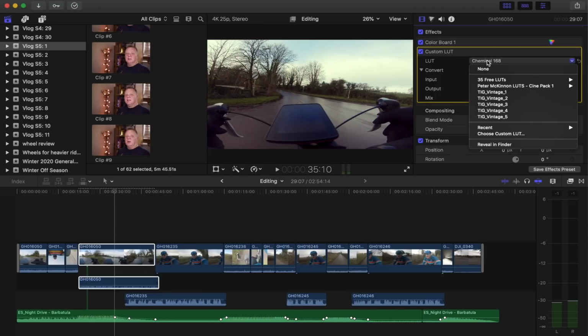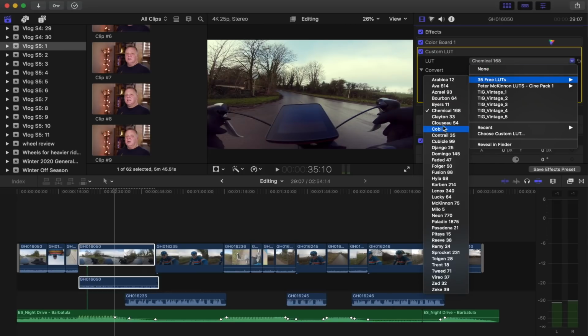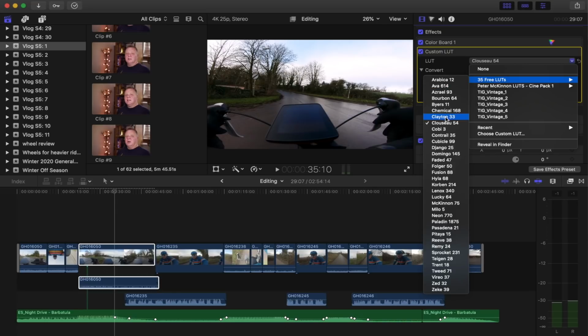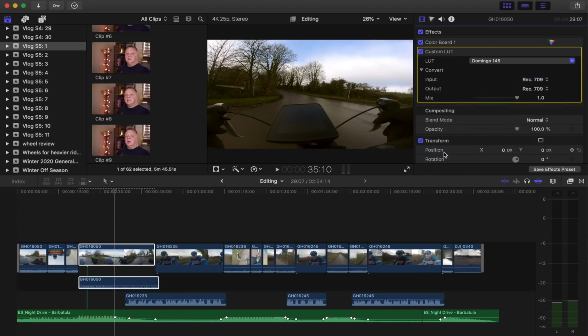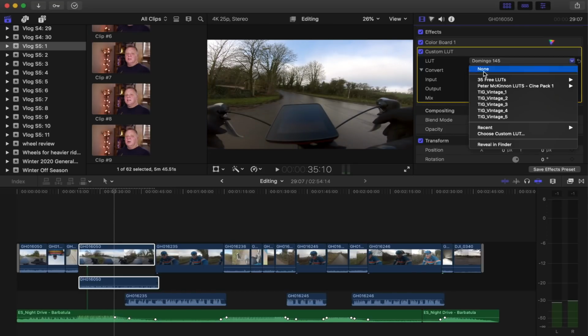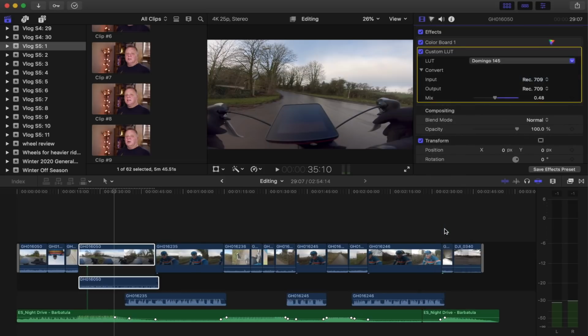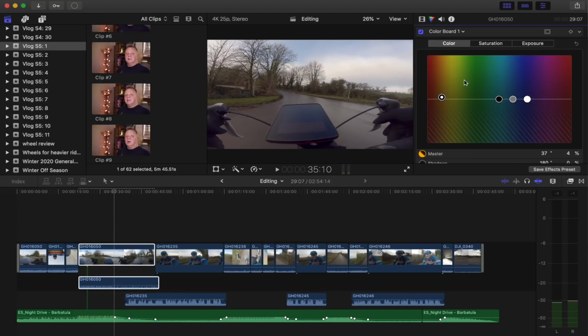Oh no, that's not the right one for this. It's just a question of experimenting and seeing which one works best. Just try Domingo. No. And you can also vary the intensity of them. Let's try another one. Pasadena is usually pretty good. That's not too bad. Let's just increase the effect of Pasadena, and then we just need to tweak the